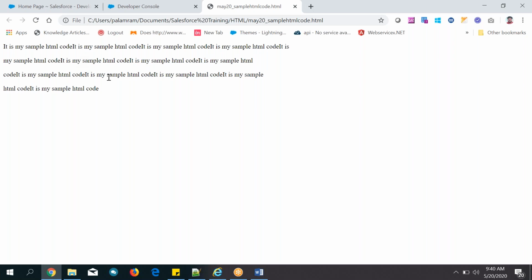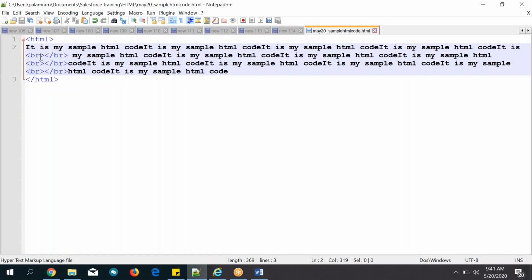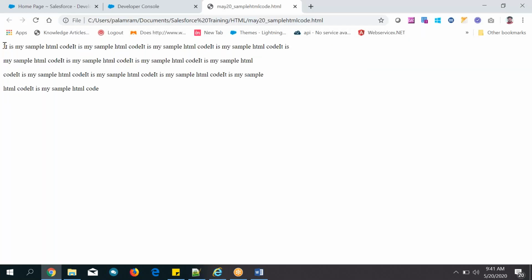So from this, forget about what the break tag is and those things. What do you understand from this? With the help of some HTML tags, we can achieve our requirements. Exactly what we want, we can display it. So now you understand what the use of HTML is. You have imagined something, some text, some images, in your brain, and you want to display exactly those things in the browser.